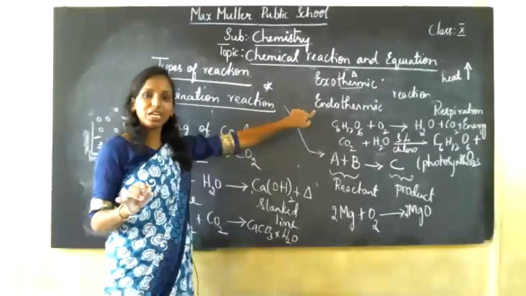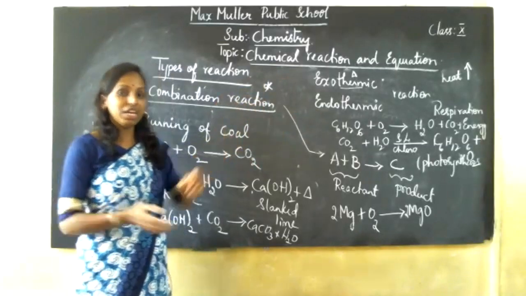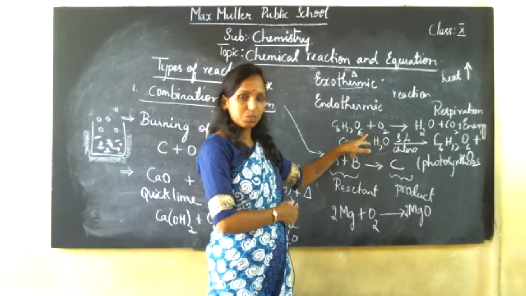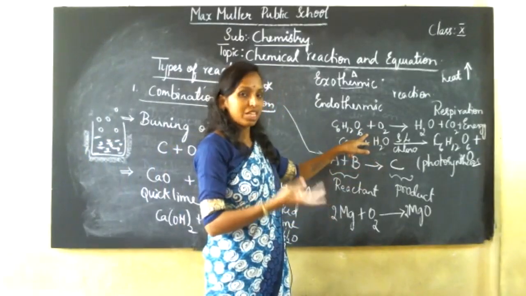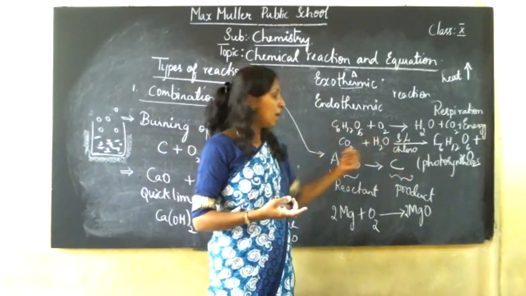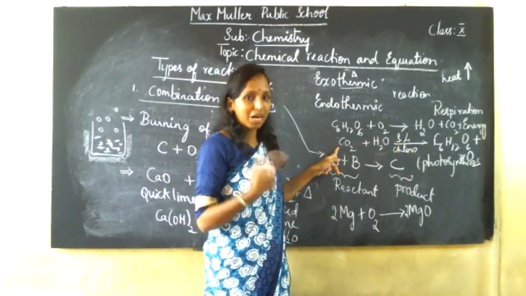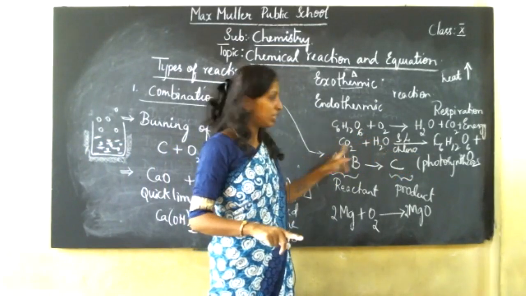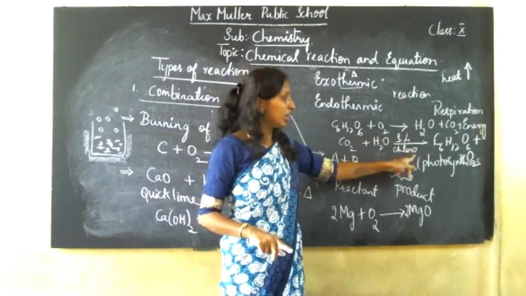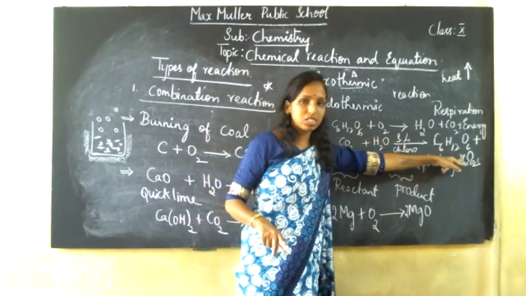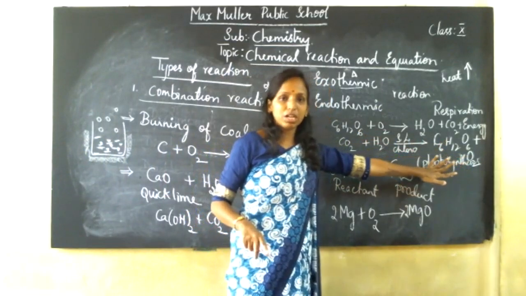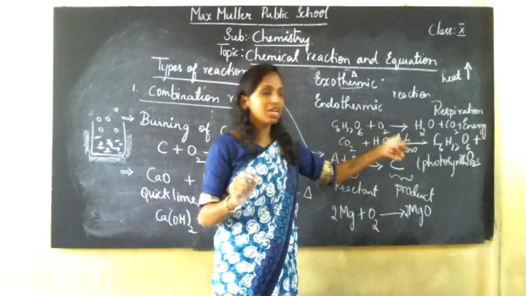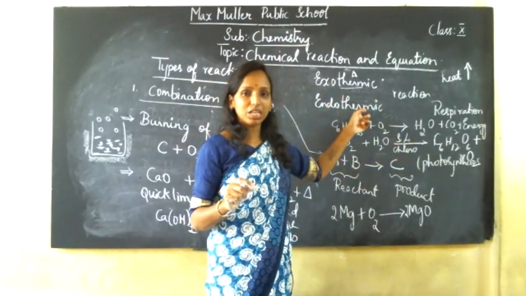Then endothermic reaction: in a chemical reaction, if heat is absorbed, absorption of heat has taken place. See, the same respiration process written in reverse takes place in plants, the photosynthesis process. Plants require carbon dioxide, which we are leaving out. With water, in the presence of sunlight and chlorophyll, they produce glucose and oxygen. There's no energy liberated over there, but it takes place with the presence of sunlight, with the presence of heat. This reaction is called an endothermic reaction.